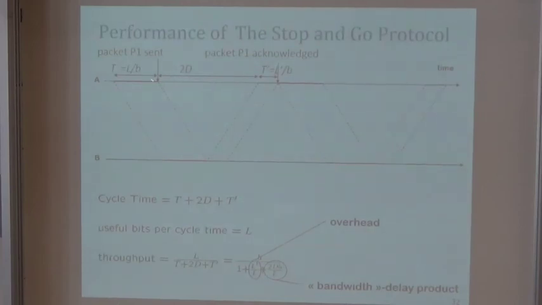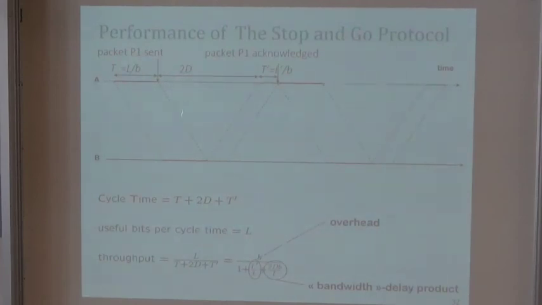It is the number of bits that are in the wires, that are in flight. When I transmit something, if I transmit here, for example, a stop, I want to say to this guy stop, then the times that will come is here. So this is the inertia of the internet or of a transmission system. And the bad news, of course, it is dictated by 2D. Now, 2D is the speed of light, so it's given by physics, so we cannot change it. We can do faster network, we can do faster bit rates at terabits per second or even multi-terabits per second, but the speed of light will always remain the same.